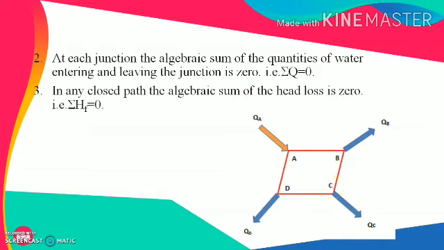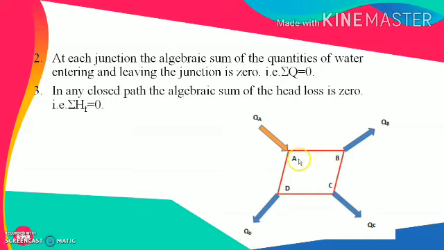But from C to D, the flow is from D to C, while it is in a closed loop as it is A, B, C, D. The flow through will be assumed to be from C to D. So as this flow is in opposite direction, we will assume the head loss as the negative head loss. Same case will be there from A to D.